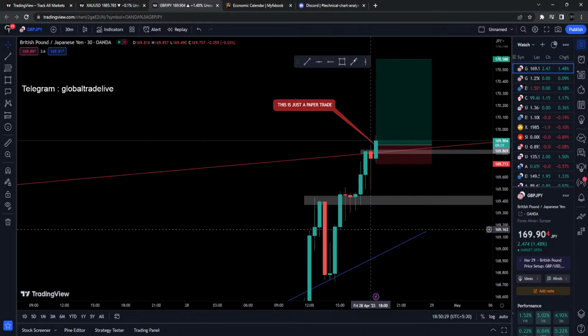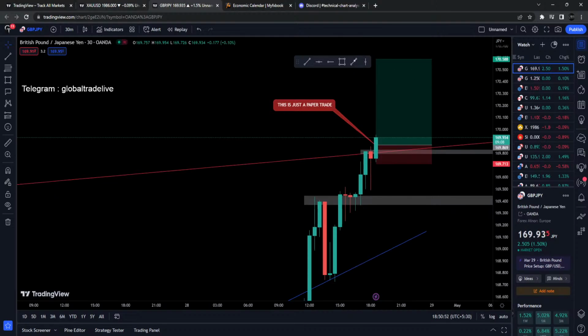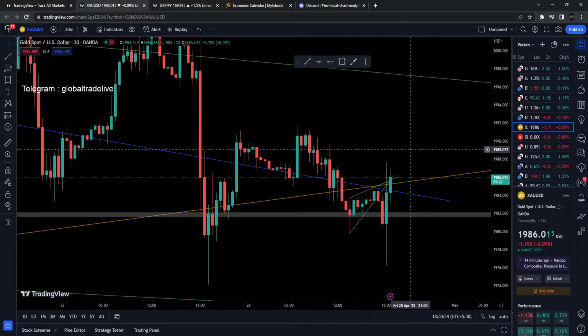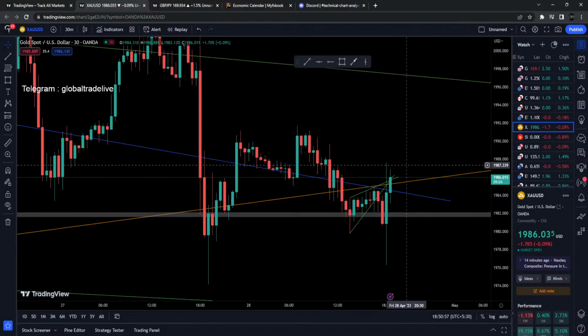Bro, when we backtest and when we trade on a simulator, the only problem I always face, and I can only talk about myself, is that everything works perfectly on a simulator. Our risk management is good, our trade percentages are good, our profit management is good, everything is good in that case.